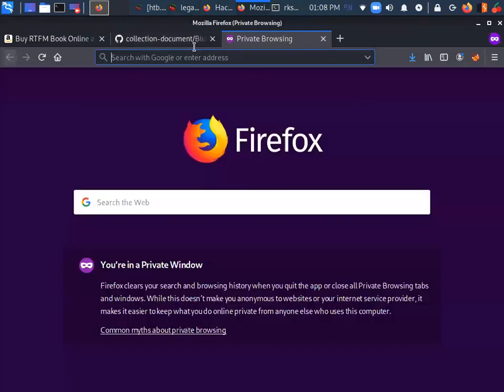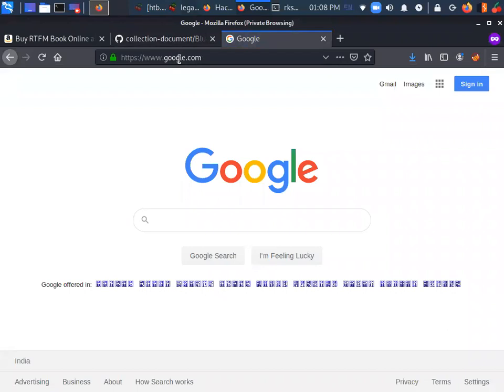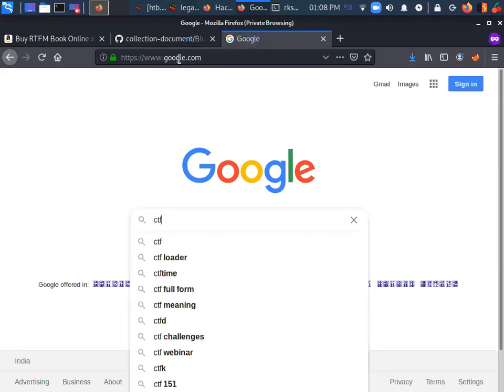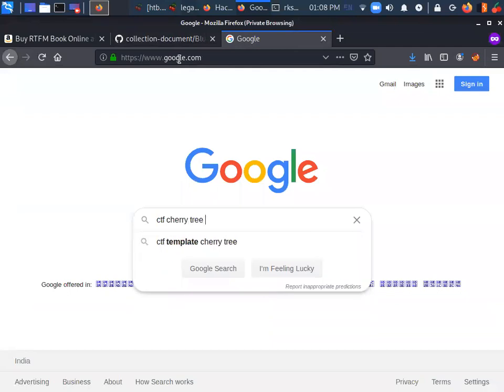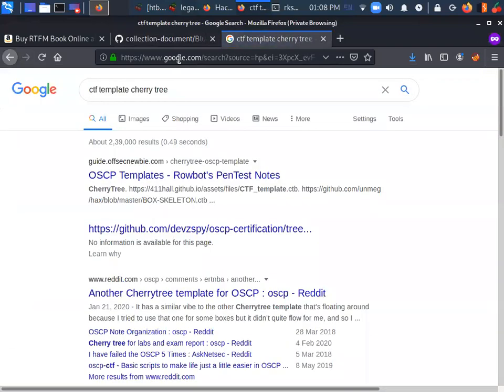Now what I'm going to do is share some templates for documentation with you.